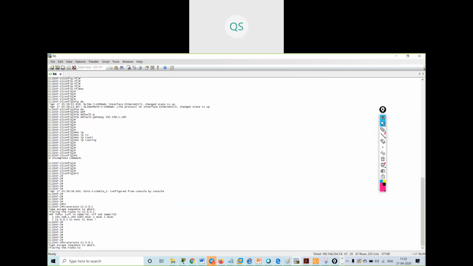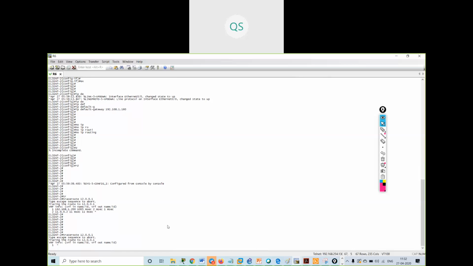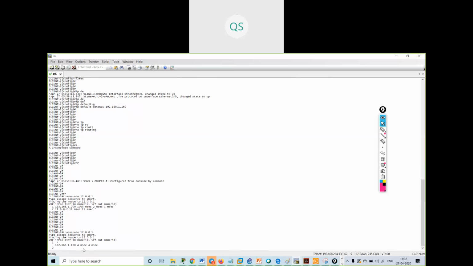I will trace now. Now see, now it will go from 1.100, because what I have configured, it is searching for the standby router. See, it went from 1.100.